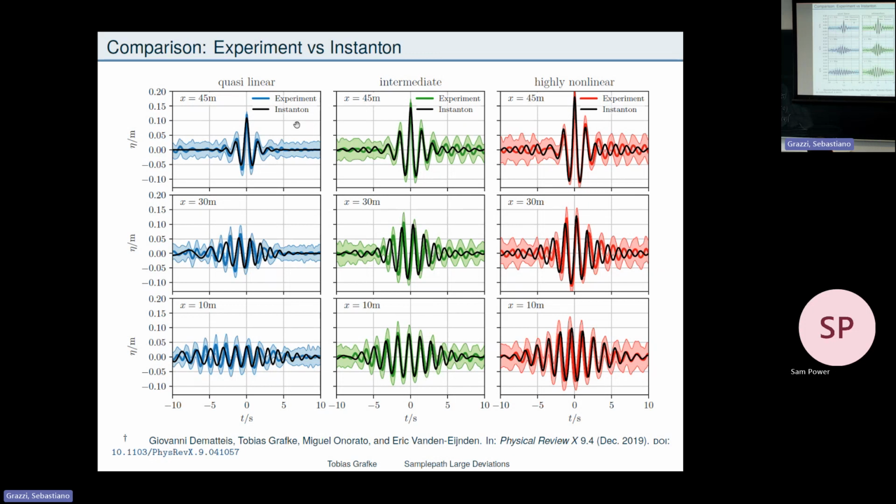This is at the event of the rogue wave at 45 meters, at 30 meters, and at 10 meters, so earlier on. But I superpose here the actual experimental data, that's in blue, green, and red, with a numerical computation of the instanton of the nonlinear Schrödinger equation, given that initial distribution. And you see that, I guess the only claim that you want is that the curve lies on the other curve, right? So the instanton computation indeed describes very nicely how the rogue wave should look, especially in the region where the waves are high, maybe not so well in the regions away from the event, because there's other stuff happening that is difficult to explain.